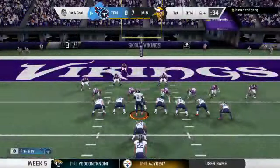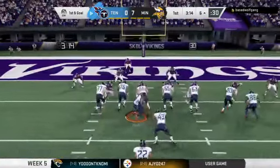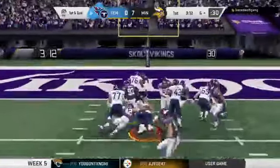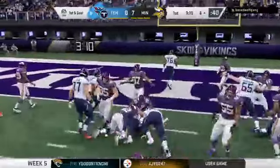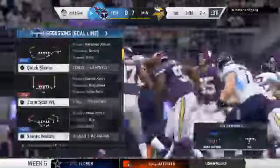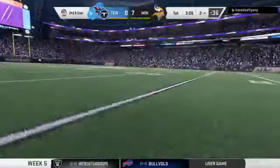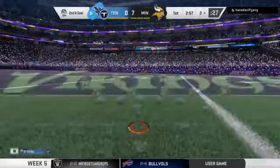First and goal, and a chance to get that initial touchdown right back. They'll try to run for it with Henry, and he's able to get it down to the 2-yard line. Give him 4 on the carry there at second and goal. When we talk about being on schedule, I think they're on schedule after that run, getting it right down there